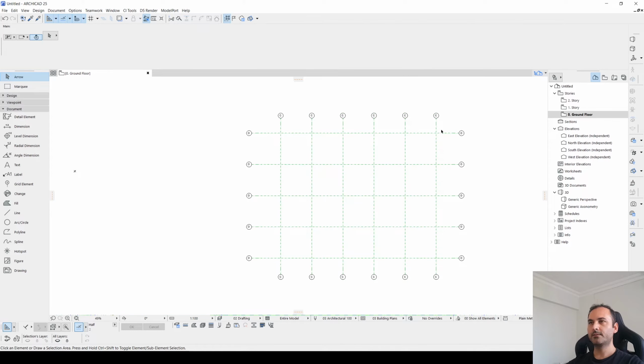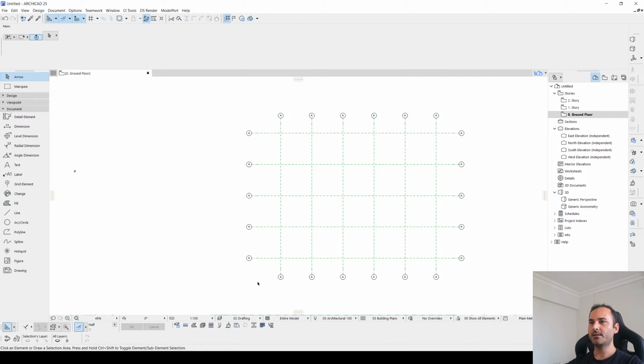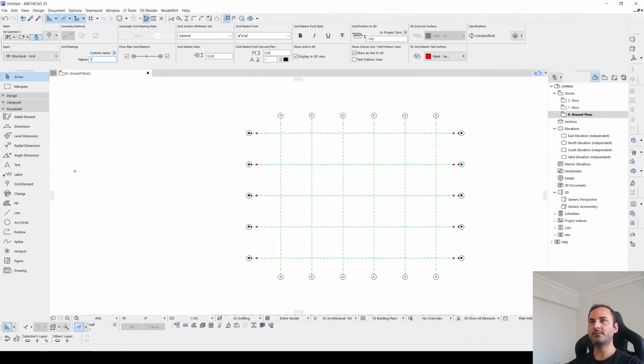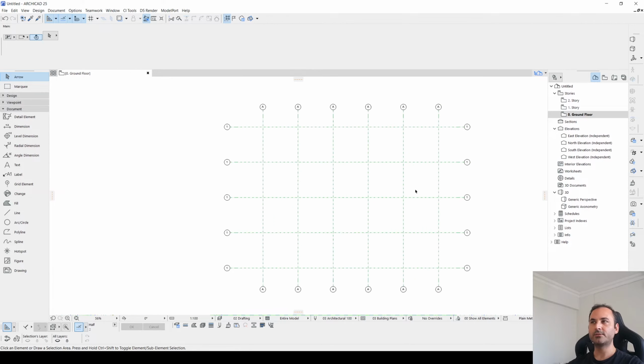Just like this. As you can see, all of our grids are same titles. Let's make them A, and this is going to be number, and others will be fixed according to this.